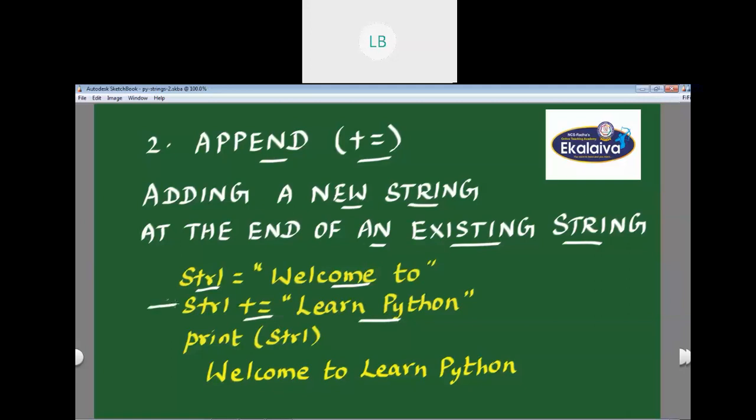After executing this statement, if we print the value of str1, we can see the output as welcome to learn Python. So the new string learn Python is added at the end of the existing string welcome to by virtue of this plus equal to operator. This is the append operator.